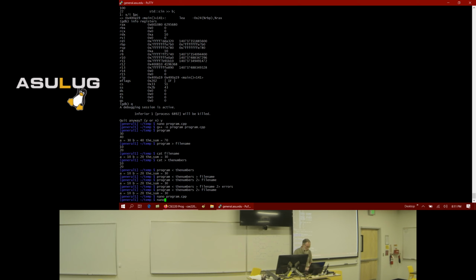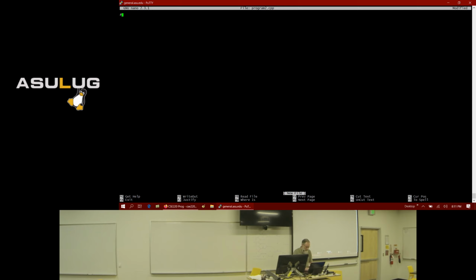I'm going to create another program. And I'm going to make this program read a number from standard input. And then let's just make this function do something. I'm going to write a function that cubes a number.